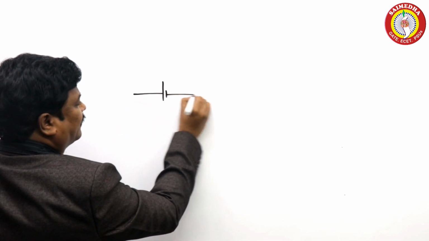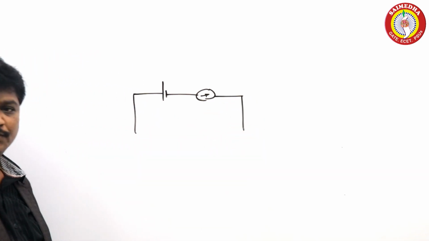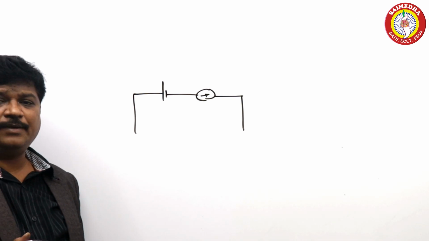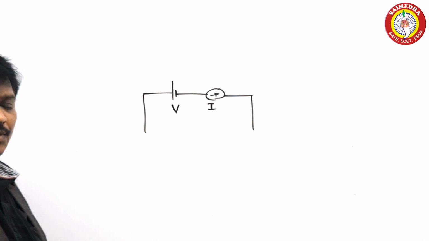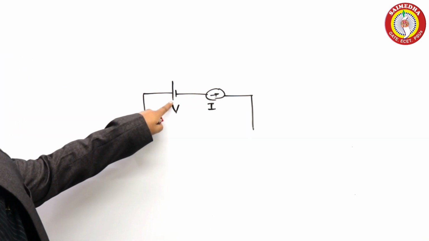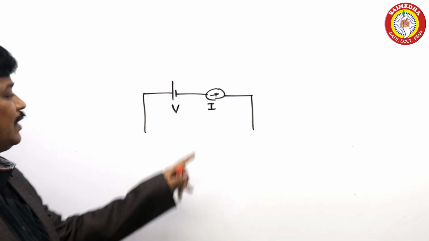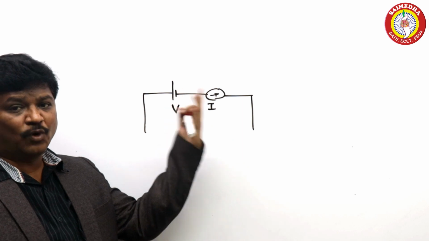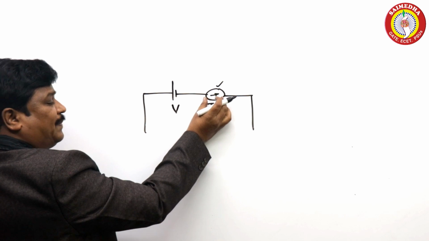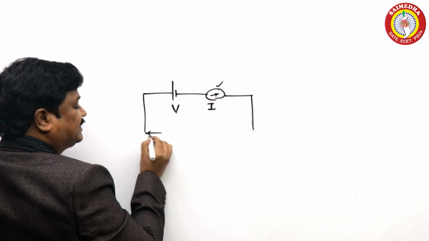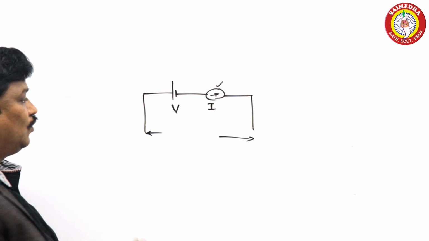Generally, when you have a voltage source here and a current source here, like this, this is the series circuit. This one is voltage, this one is current. When you apply voltage, what do we do with the current? We make it 0. How can you make the current source 0? By opening it. Once it is open, is there any current flow here? No current will flow.